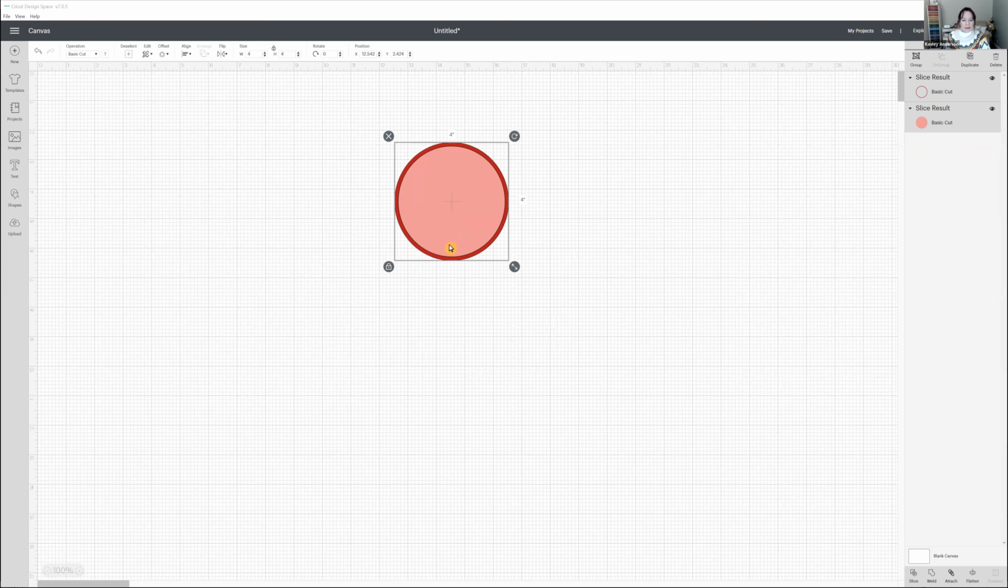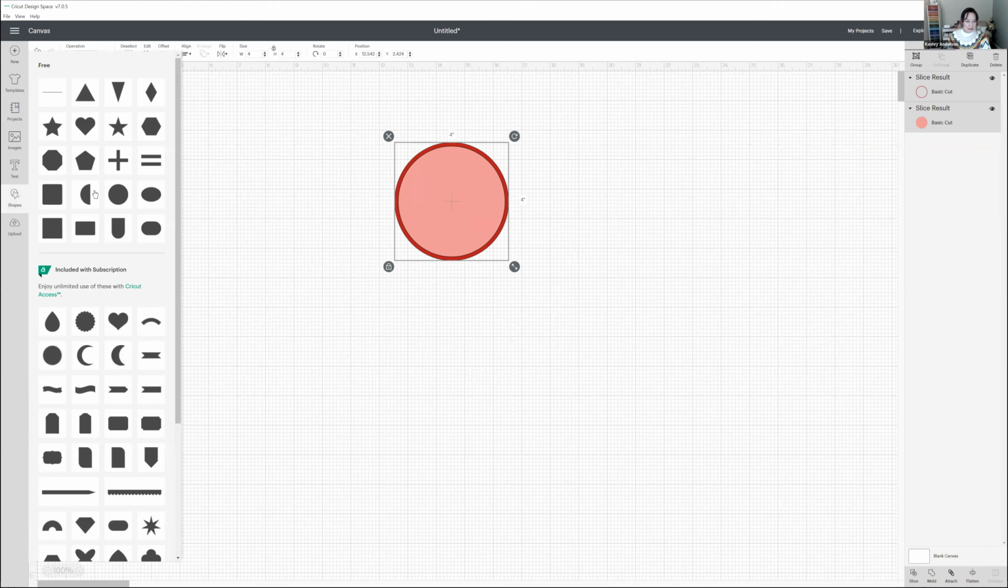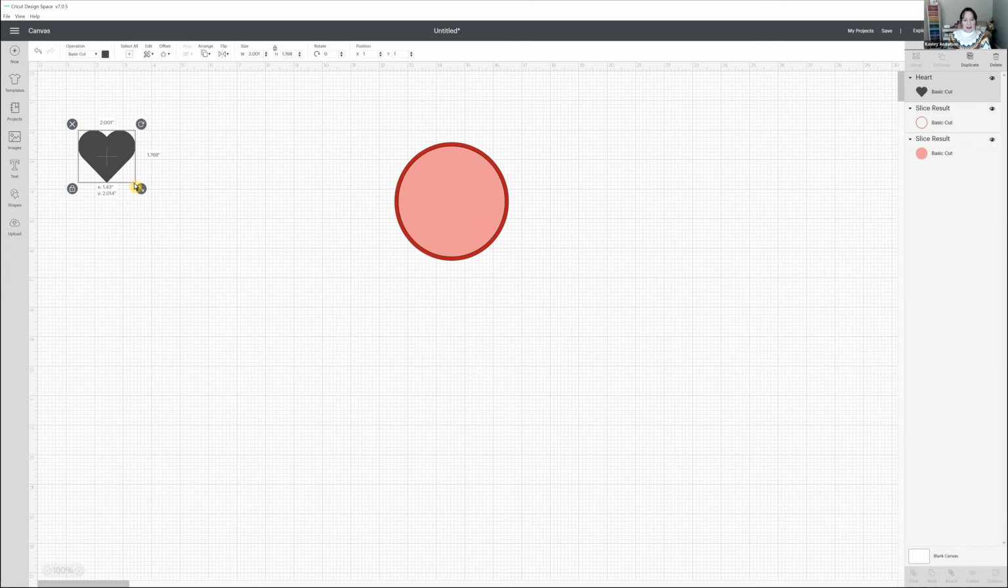Okay, now we're just going to add a heart. So go ahead and grab your shape, grab the heart, and bring that onto your canvas. Now, if we made the heart 4 inches, it would go right to the edge of our circle. So the width of your heart, you want to make it 3.8 inches. So it just overlaps